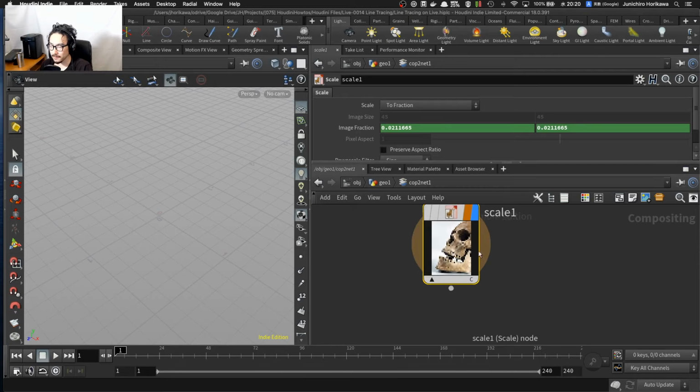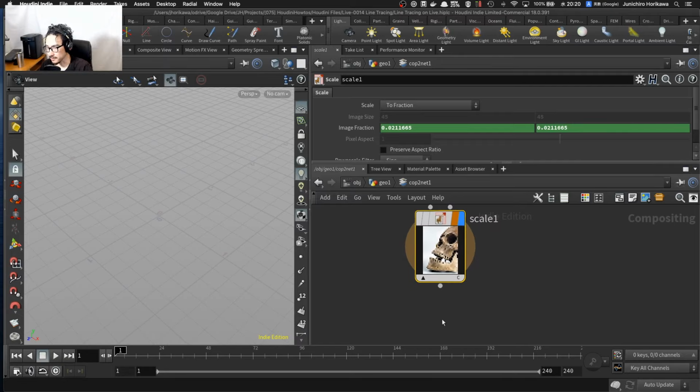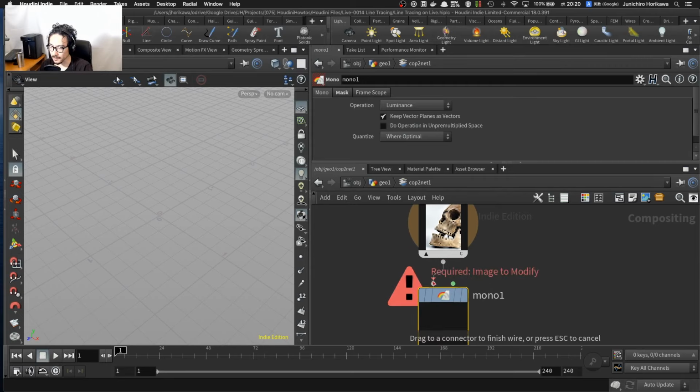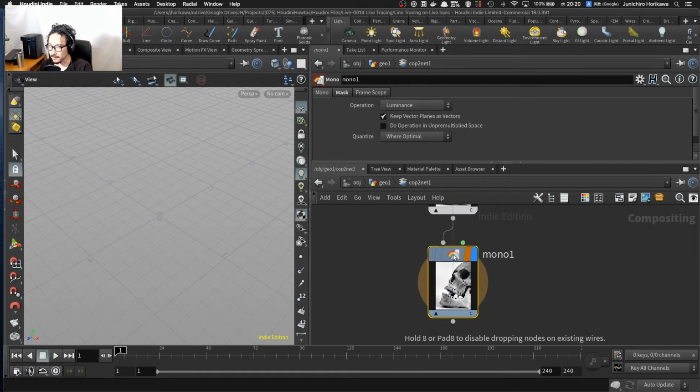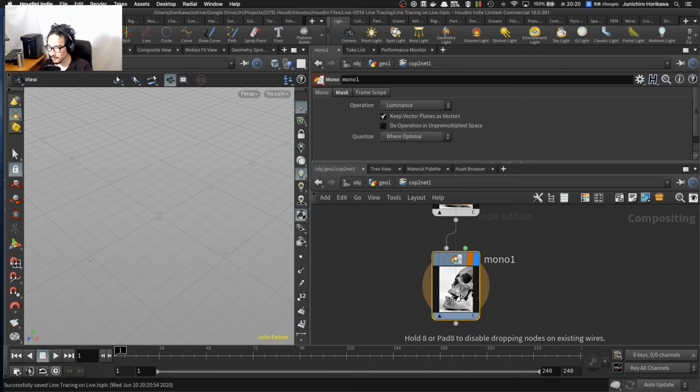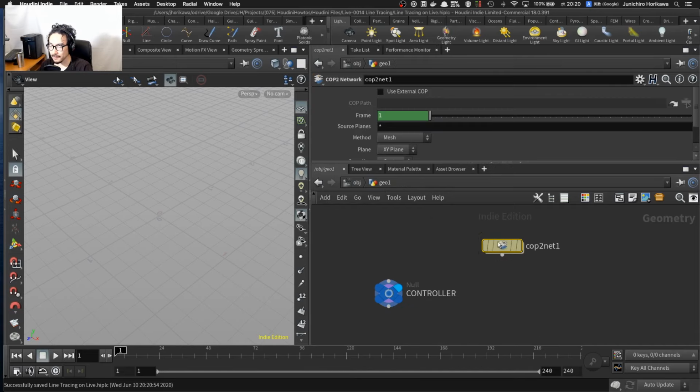Okay, now that I have an image imported like this, I want to just change it to the black and white or grayscale image. So I'm going to use a node called mono. I guess it means monochrome. And then make it a grayscale image like this. Now it looks like a really low res image, but if you just change it to line drawings, you'll get a much better result. So I don't need to care much about it. Right, so let's go back and